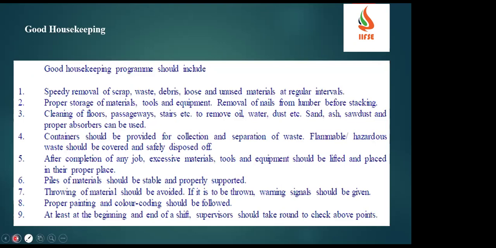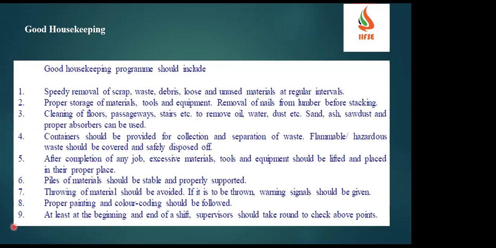Now we'll see some of the good practices to be followed in the construction industry. One is good housekeeping. This is very much required and very essential in the construction industry, because the waste from construction activity is also very high. Whenever waste gets accumulated, it has to be removed or cleared as early as possible. So we see the good housekeeping program should include